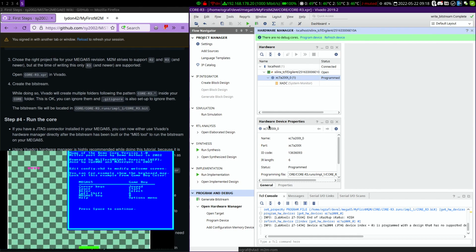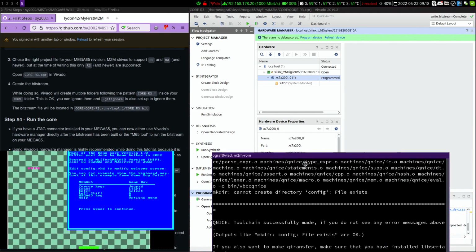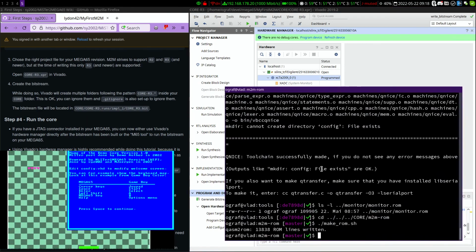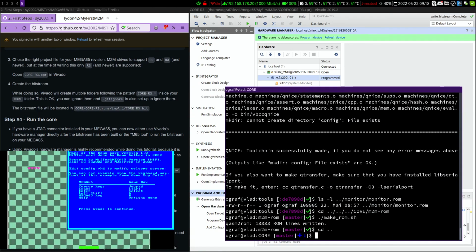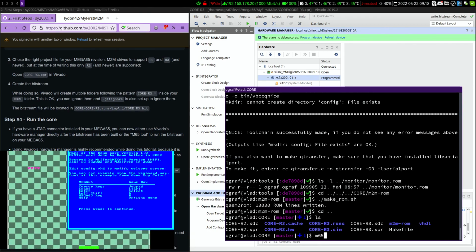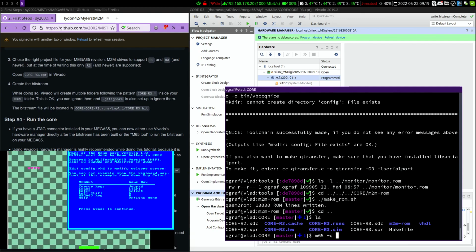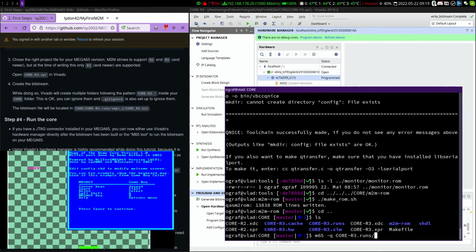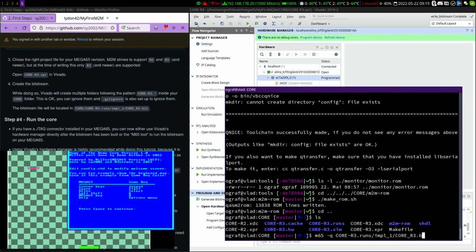So let's see if we can do it the Mega65 way. For this, we should be in the core directory. And here we have the path we saw before. And we use the Mega65 tool with -q. And in the core R3 runs directory, implementation, there's the core R3.bit. And if I press enter,